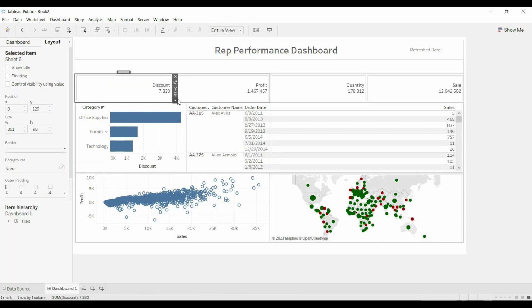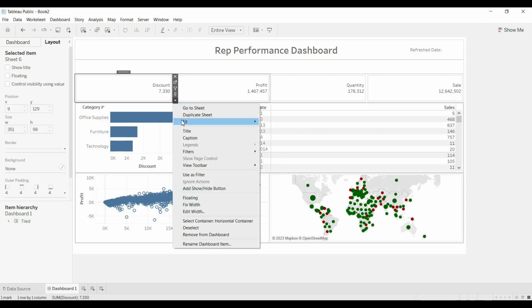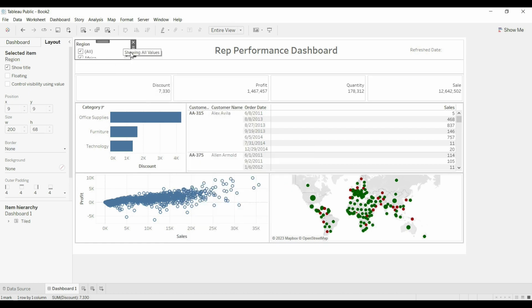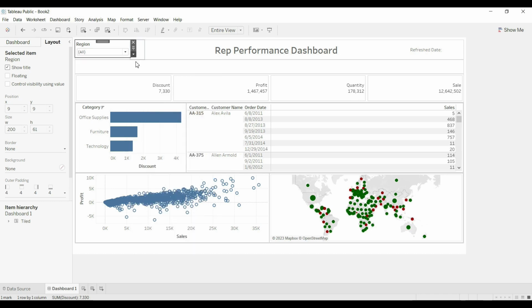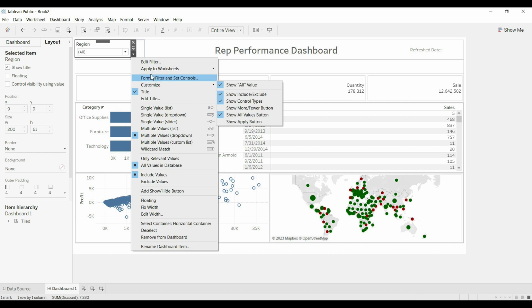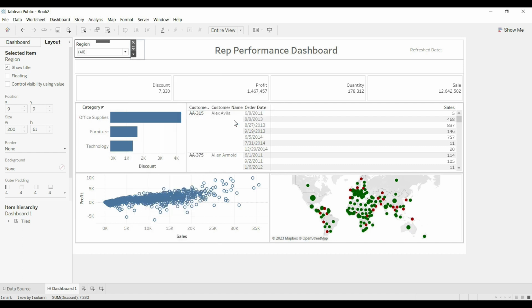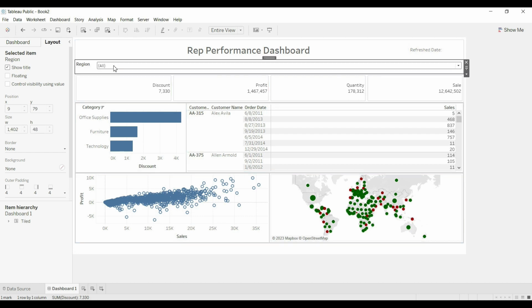I will select any of the sheets, and then I will drag out the filter, region. Let's have it as a multi-value dropdown. In customize view, we will apply. We'll add an apply button. Okay.